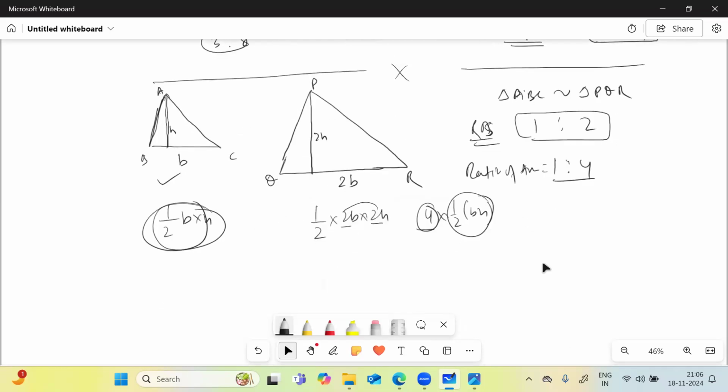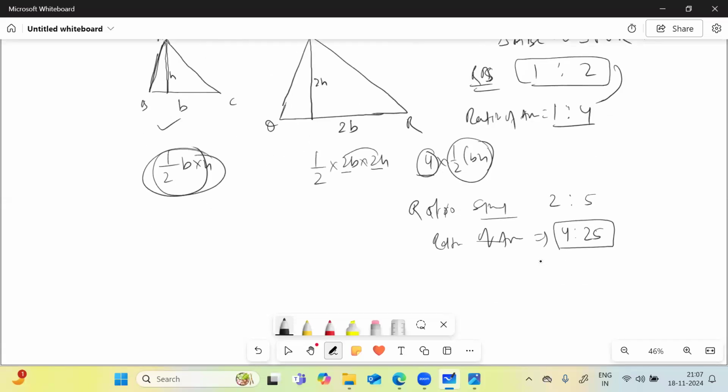So if the ratio of similarity is 2:5, तो रेशियो ऑफ एरिया क्या होगा फॉर बोथ ऑफ द ट्राइंगल? 4:25, स्क्वायर ऑफ द रेशियो. समझ में आई बात? सब लोग बताओ, did everyone get the point? Yes sir. खुल के बोलो, आवाज नहीं आ रही तुम लोग. Yes sir. ठीक है, अब मुझे बताओ.